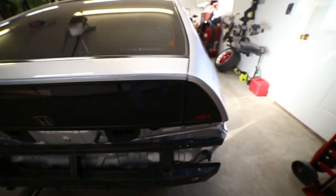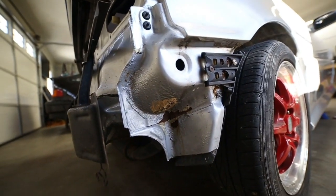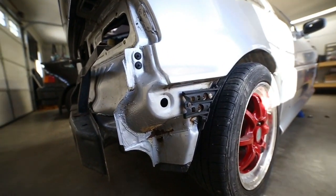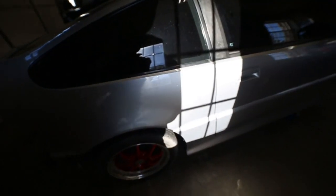There's a few little issues here in the corner, some rust starting to form down here. I'm going to really hit that hard and sand it down, try to get that cleaned up as best I can. I mean, for $1,000, it's a really good deal, because it came with the body kit, the wheels alone,